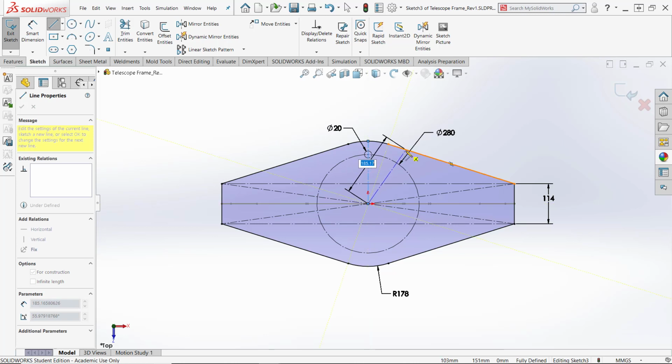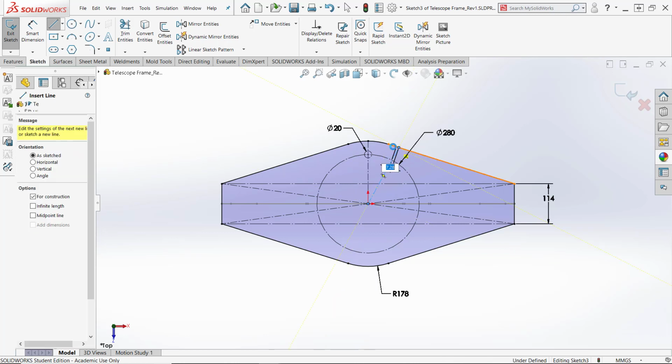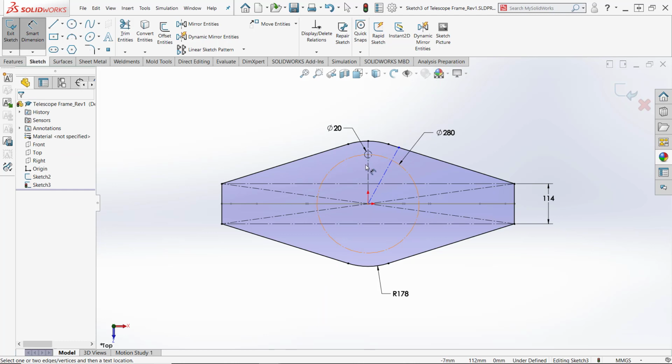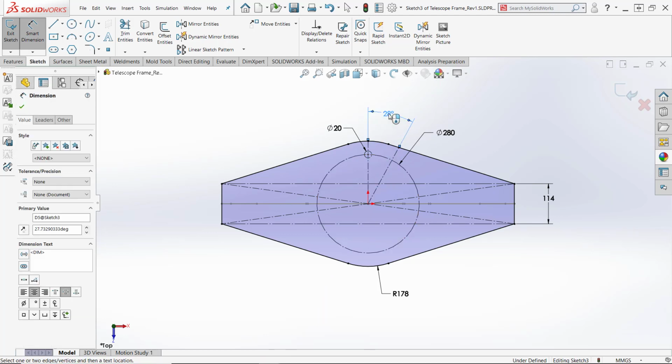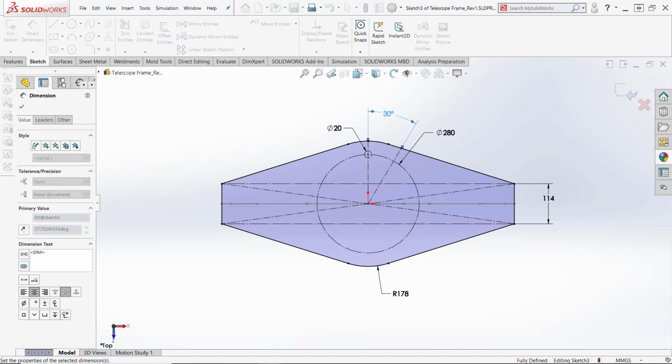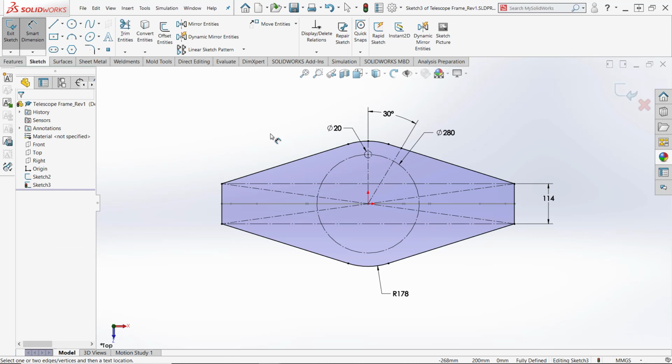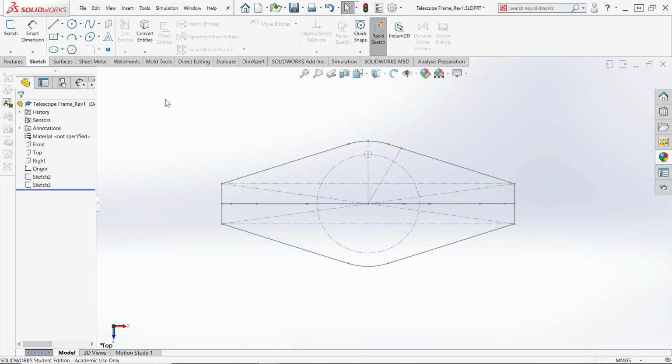Now be careful you don't get this line perpendicular to that line. I don't really know where it's at. I know that it's at 30 degrees, so I don't know that 30 degrees is perpendicular, my guess, and it wasn't. So watch out for those automatic relations. You want to get the relations that you intend. Okay, so I am finished with that sketch, and so that's from the top view. I'll save this,